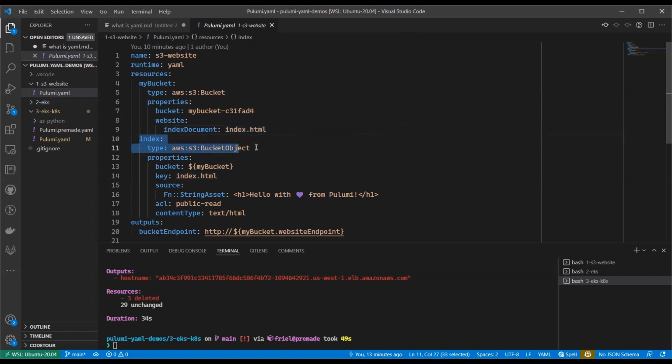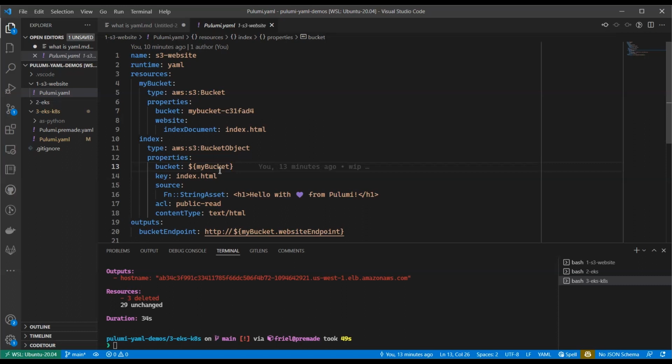So we're going to create a bucket object resource, declare properties on that bucket. And this is where, because we are controlling the YAML execution, if you will, we can do things like variable interpolation. So we can use a $ and curly brackets to refer back to this resource. You can do this in either order. I could put the index above myBucket, and what we'll do is when we read this YAML document,